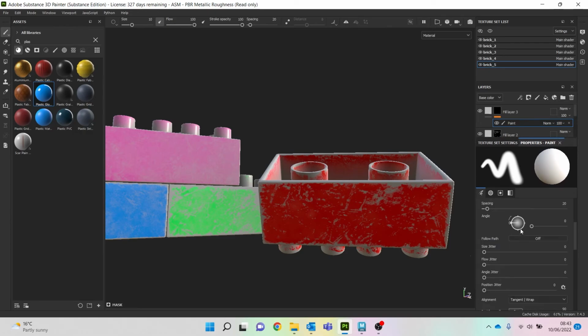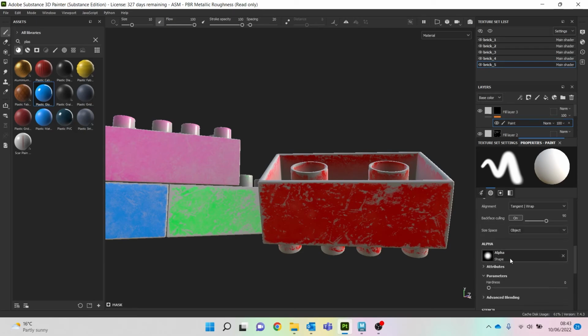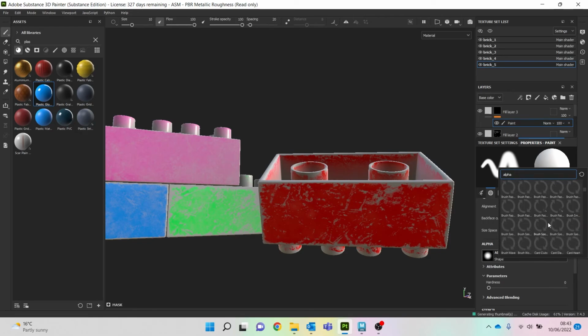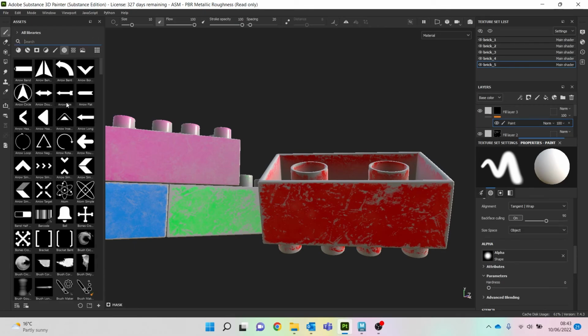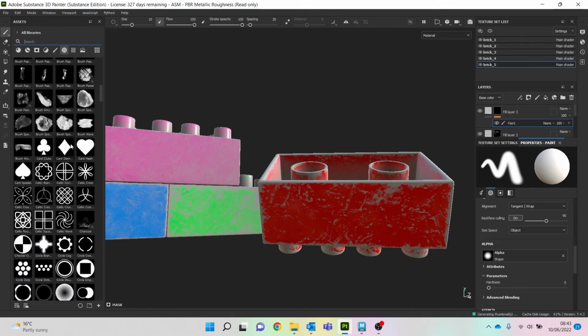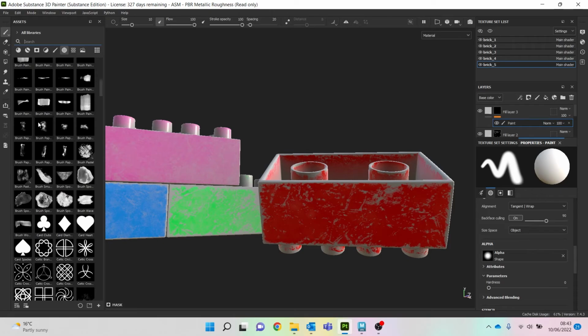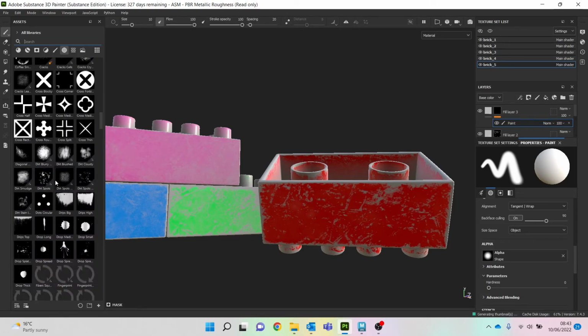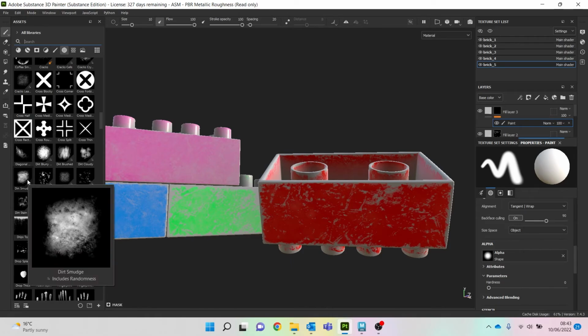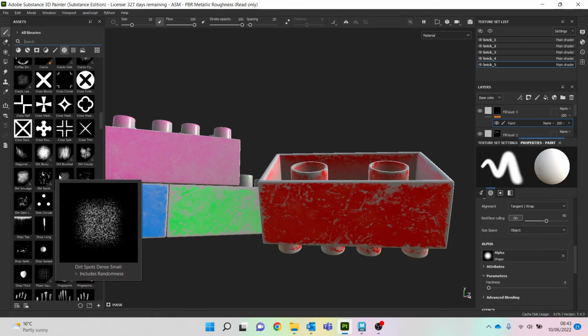From brushes at the minute, what you can do, so brushes is essentially called alpha, so it's like the stencil that the brush will be. If you click on them, you got this, but it's actually a bit hard to do. So actually, if you come over here, these are our alphas. These are what essentially our brushes will look like. So you've got loads of different kinds of brushes and sort of how they're going to look. So what you could do is take like dirt smudginess,